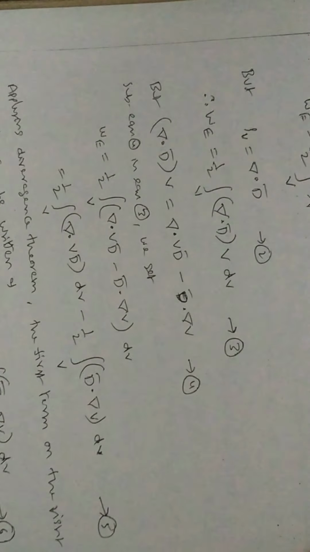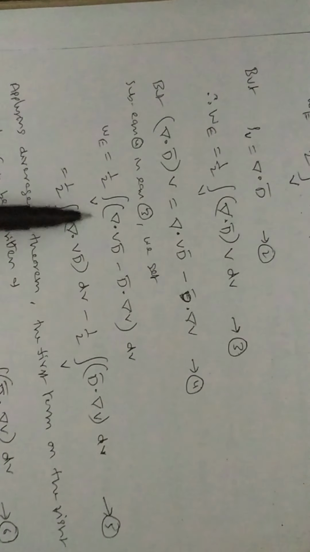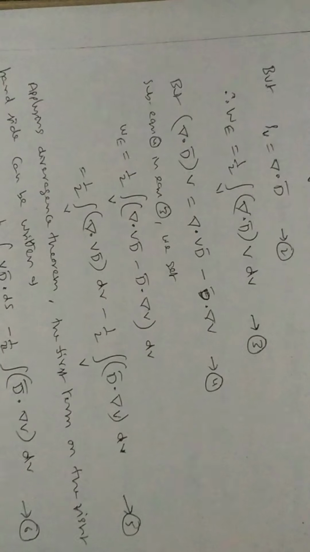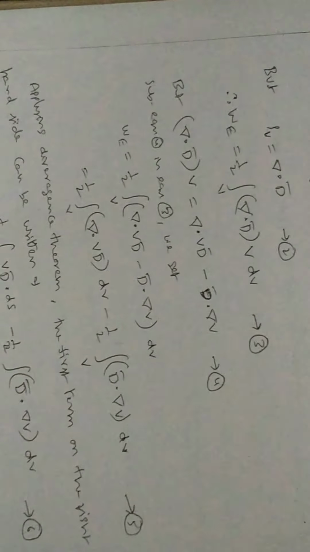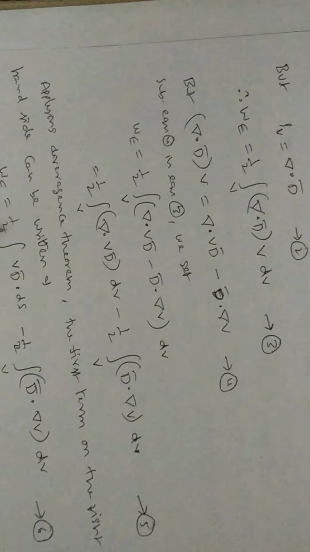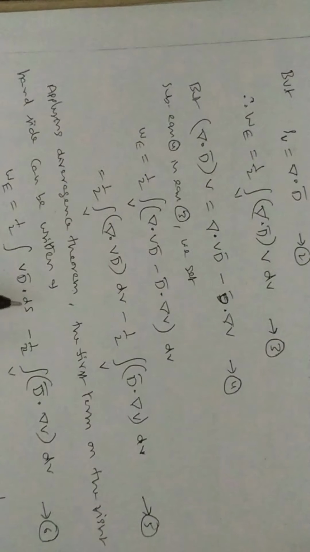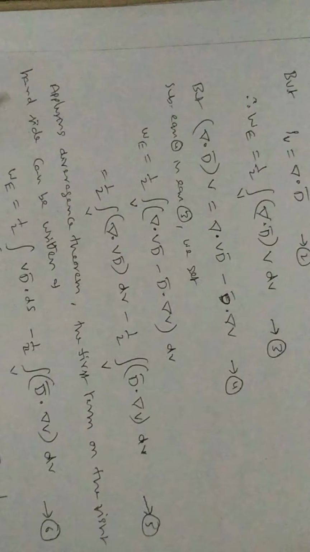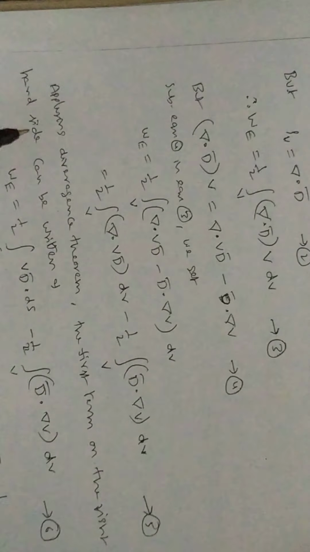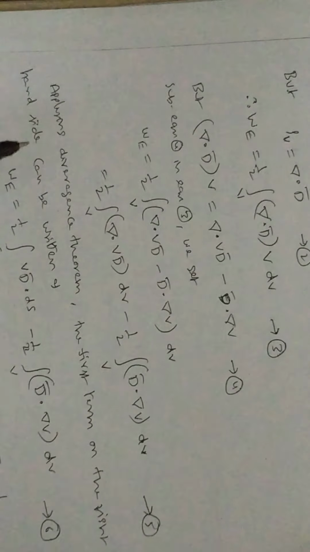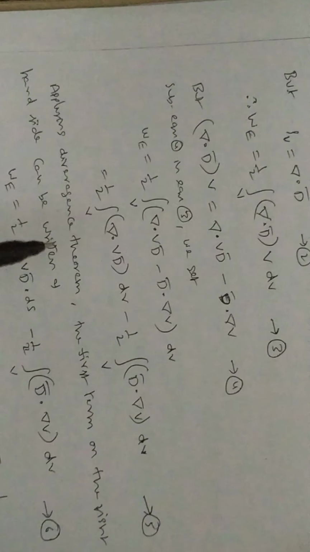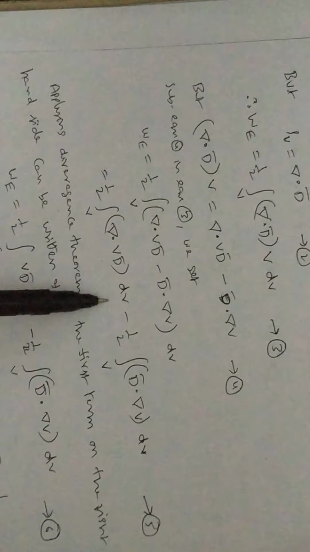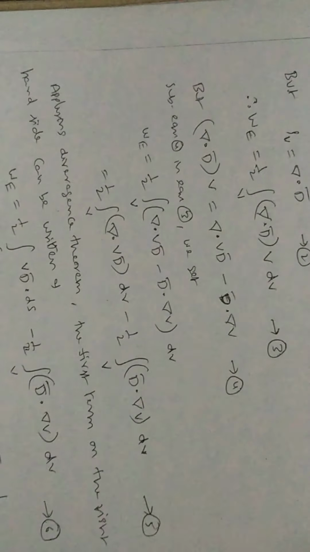By using the divergence theorem here, this volume integration can be written in terms of the surface integration. So therefore here 1 by 2 surface integration of V D bar dot ds. The divergence theorem says that surface integration of D bar dot ds is equal to volume integration of del dot D bar into dv. So here it is del dot V D bar dv, so therefore V D bar dot ds.